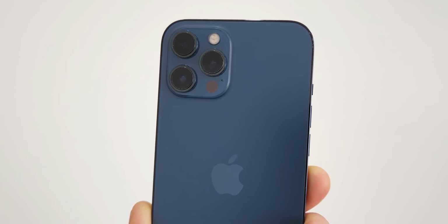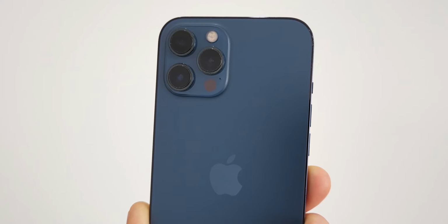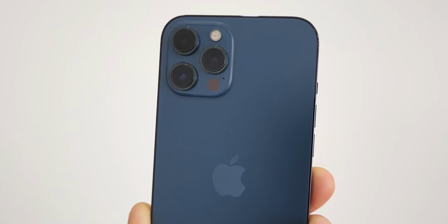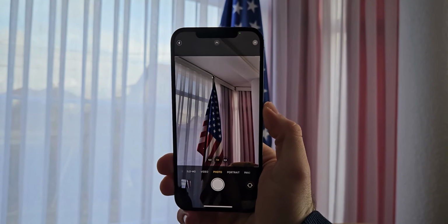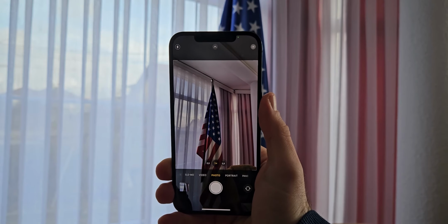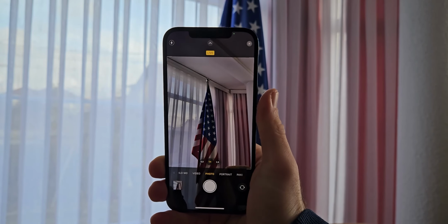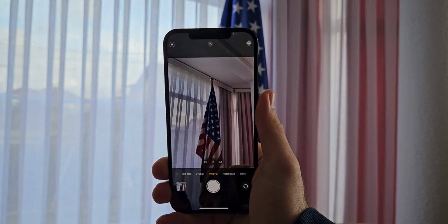On the back, the iPhone 12 Pro Max has 3 cameras and all of them are kept at 12 megapixels. The main lens during daylight takes fantastic pictures with great colors and dynamic range. Although images aren't as sharp as the ones taken with the new iPhone 15s, in my opinion they are good enough for all situations. The ultra-wide camera is also really good, but in some cases it overexposes the sky just